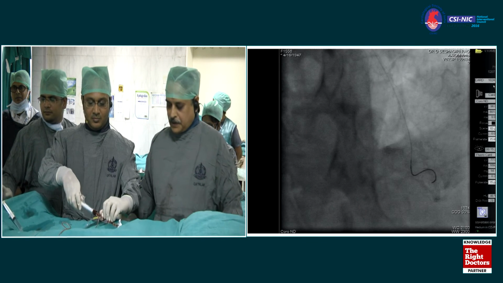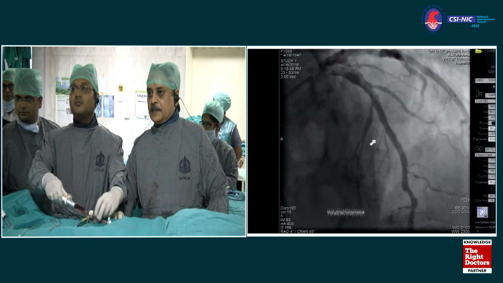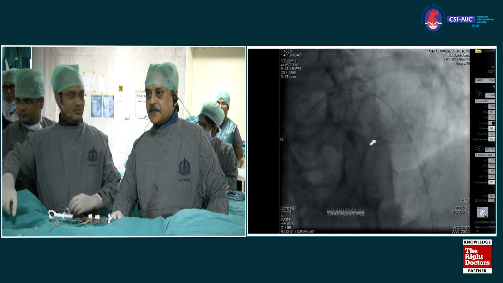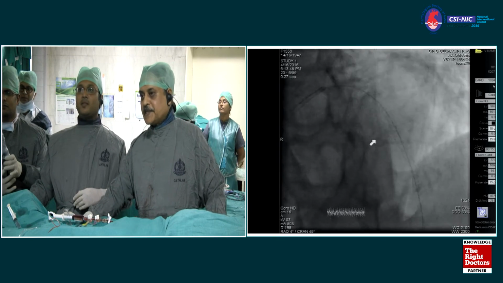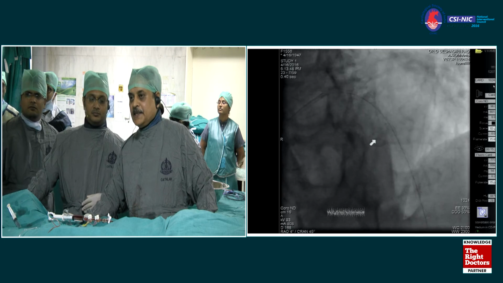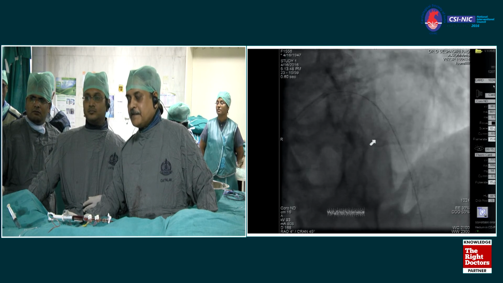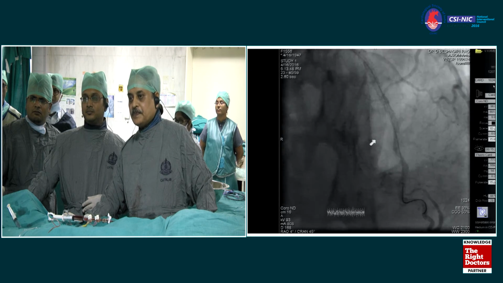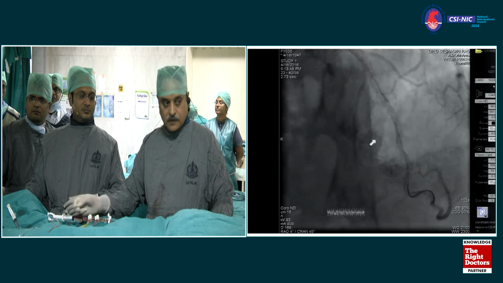Looks better. Definitely better. That's okay? Any further dilatation? Seems to be okay. It will also be useful whenever you are stenting from the main vessel to a side branch, when there is a lot of diameter difference. So this tapered stent will be very useful when you're stenting from main vessel to side branch also. Lesion site is perfect.